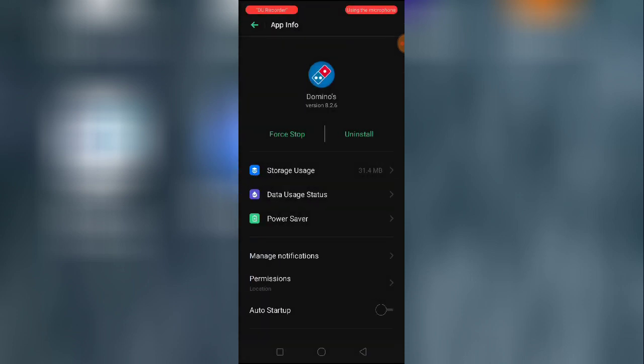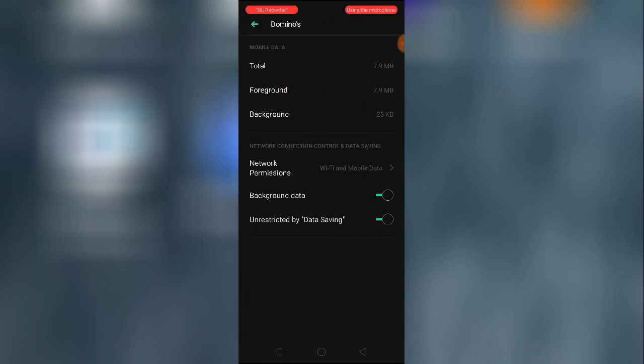Now guys, clearing the data doesn't mean that it will delete all your data from the application. It will simply log you out from your account, and then you have to log in again. That's it. And after clearing the data, come back and then go to data usage status, and then from here